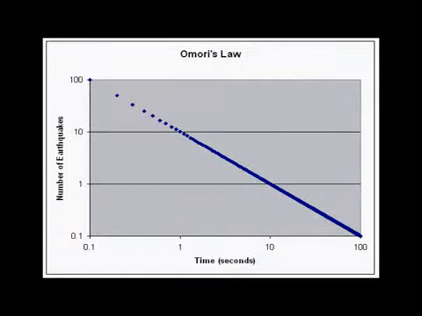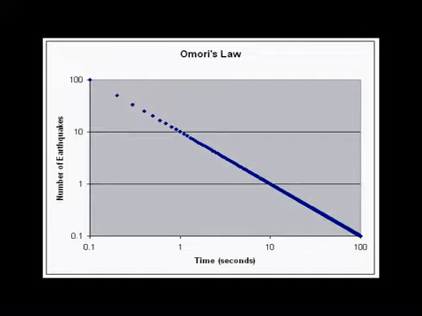This is described by Omori's law, named after Omori. This tells us that the rate of occurrence of aftershocks decays with time until it comes to the background seismicity rate. Omori's law is an empirical relationship that describes the temporal distribution of aftershocks. The rate at which aftershocks occur will decay linearly with time.